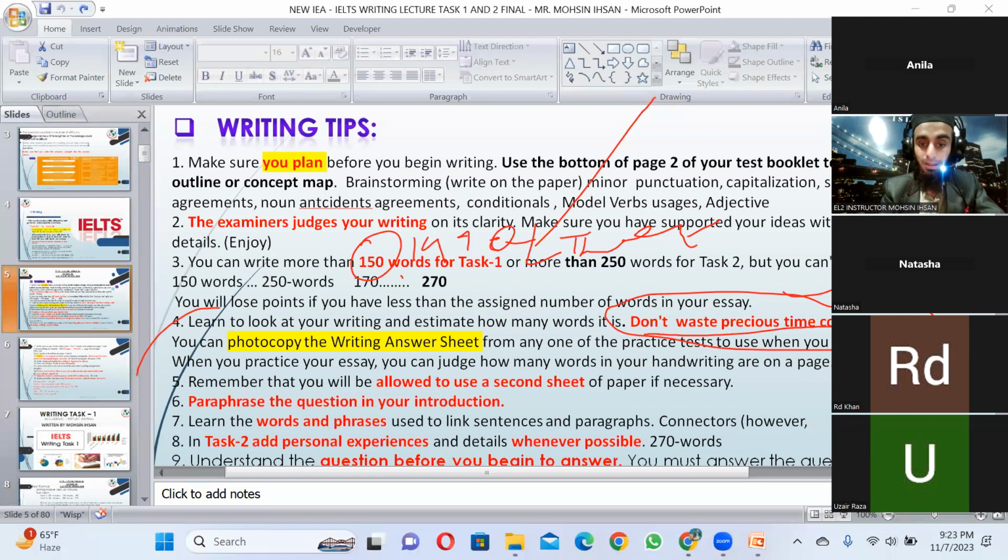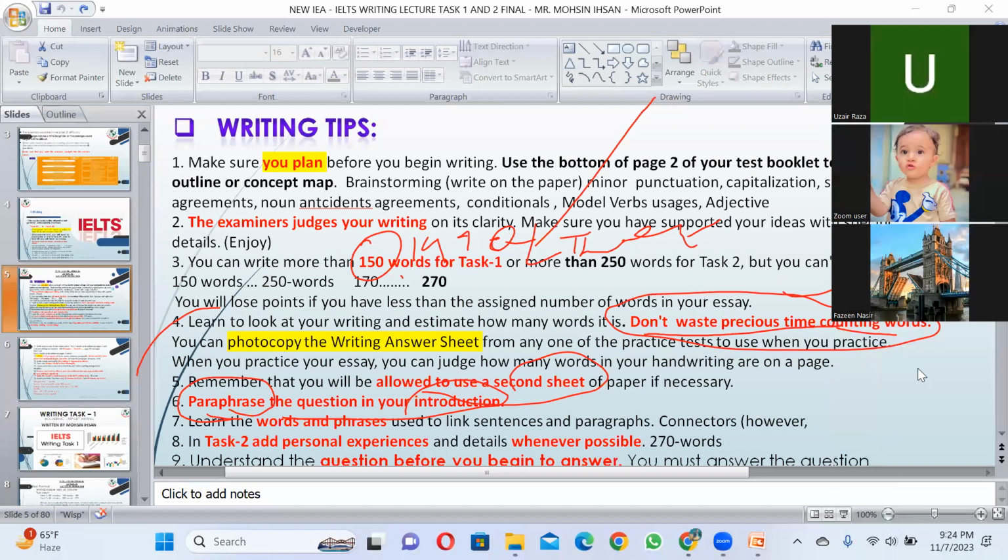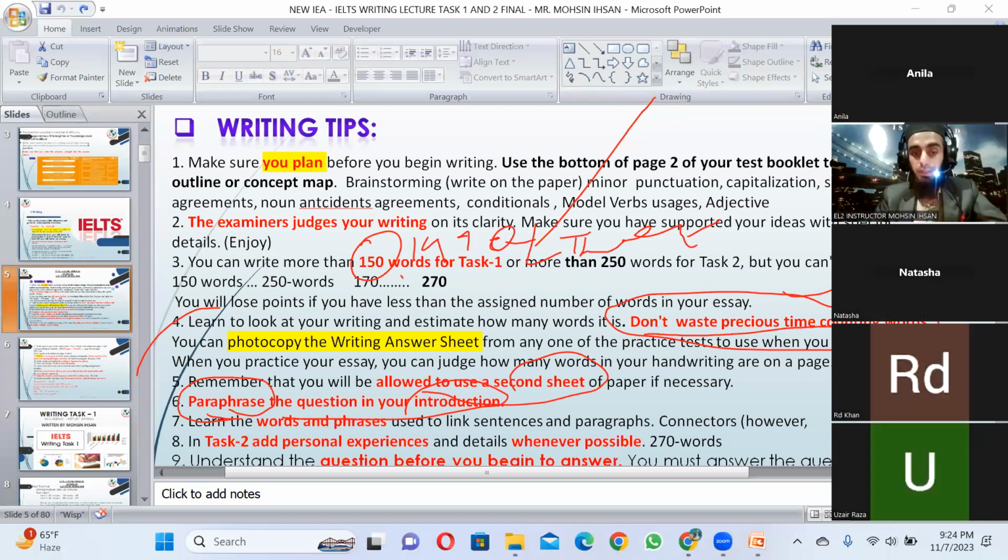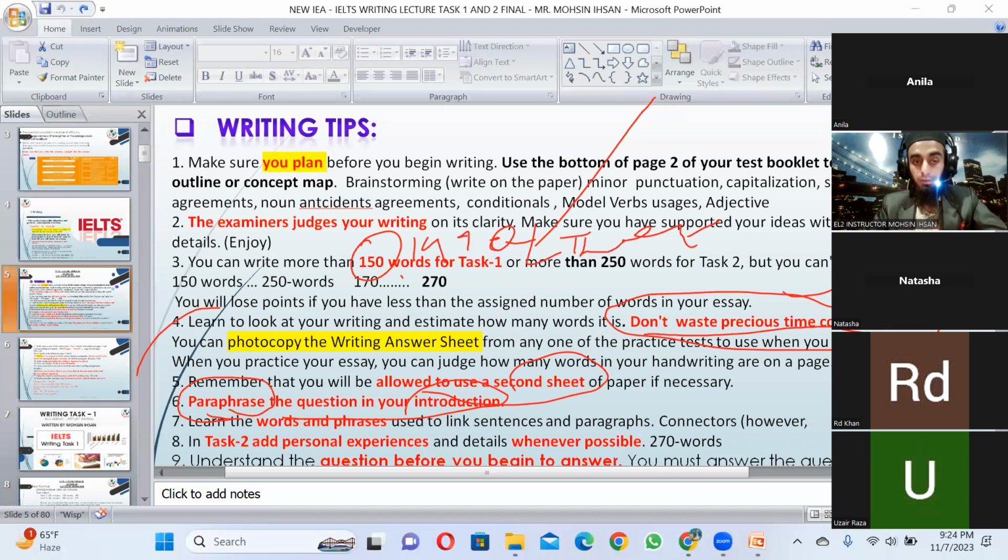Next, you are allowed to use a second sheet for the essay if you need that. Paraphrase the question in your introduction. In the introduction paragraph, when you paraphrase the question, that means to change the words of the title. When you discuss the title, like right now, at the end of the class, or might be in another session, I would check your essay in front of all of you. Now you would see